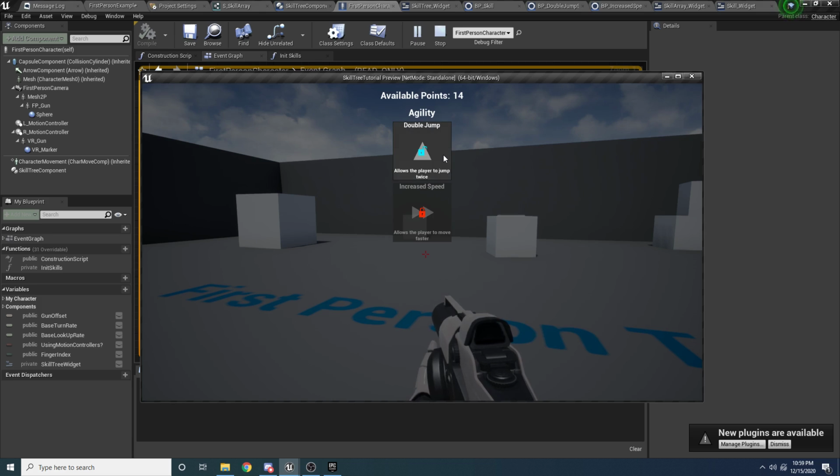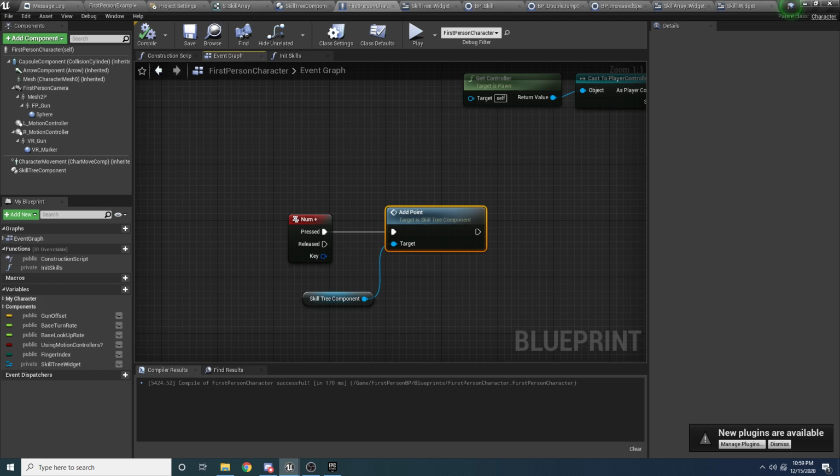And so now we need to hook up these buttons so that when we click it, it actually unlocks it. And we pretty much already wrote most of that code, I think. So it shouldn't be that difficult. So let me go back to my other project so I can reference this real quick. Skill widget, designer, 1 second. Okay, so